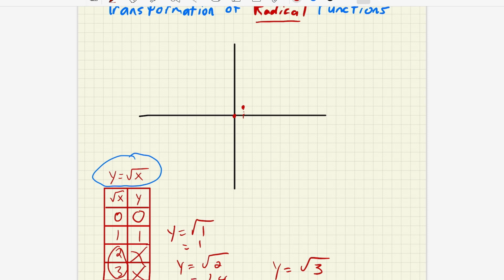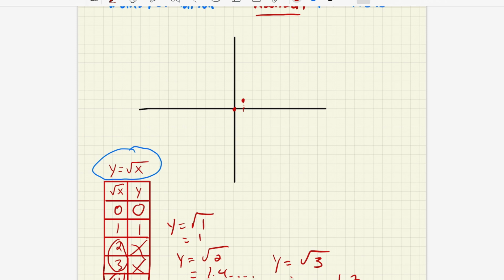Now, 4. If I plug in y is equal to root 4, with an x input of 4, I'm going to get a value of 2. And that is an easy plottable point. So we're going to go x, 1, 2, 3, 4. And at 4, that will be 2. And so the parent function, when I connect the dots, will look roughly something like this. And of course it would continue. Okay? So, with that as a reference,